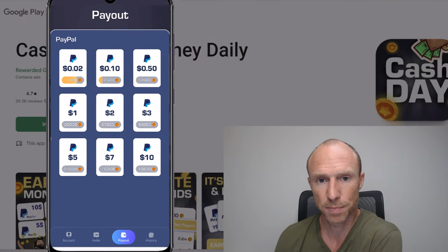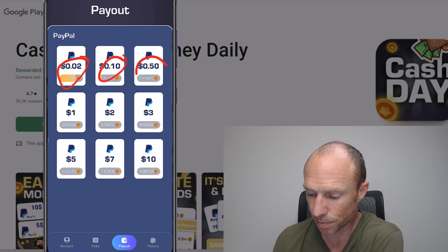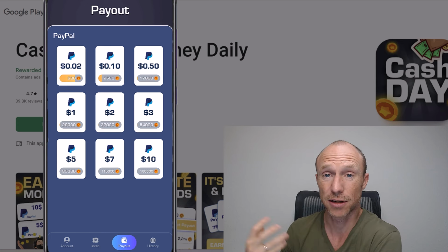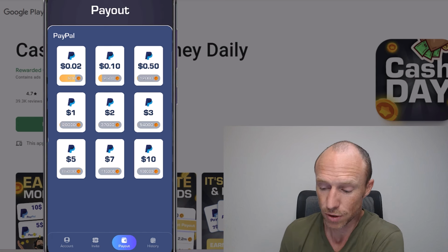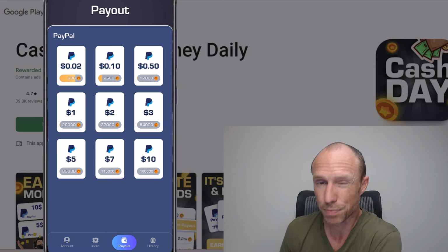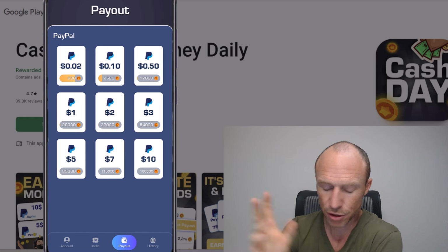So I now jump to the payout section, and here you can see you only need to earn 2 cents to withdraw, and it has a really low payout threshold. You see also 10 cents and 50 cents, and that of course looks very promising. And also because you get a joining bonus, it looks like you can very quickly earn enough to get paid, and that's of course great, but that's not actually always a good sign,